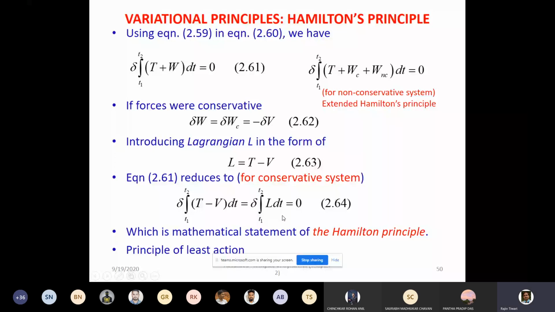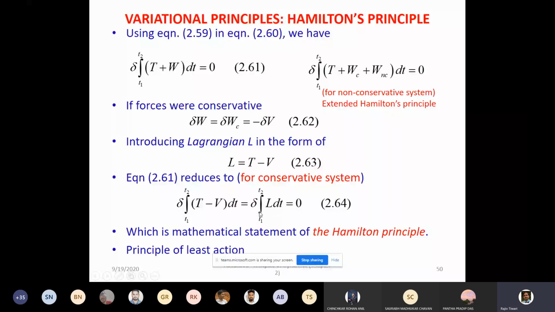which we derived from the virtual work using the D'Alembert principle for the dynamic case. So this is a more general principle. That's why it is called the extended Hamilton principle, which involves the non-conservative part also, the external force or damping, those things also involved. But this one is a conservative force case in which there is no damping, there is no external force.